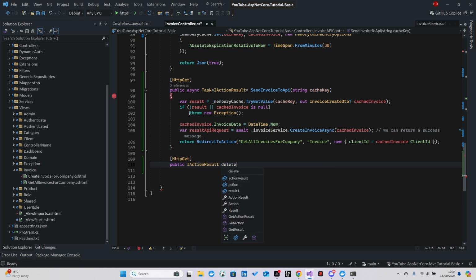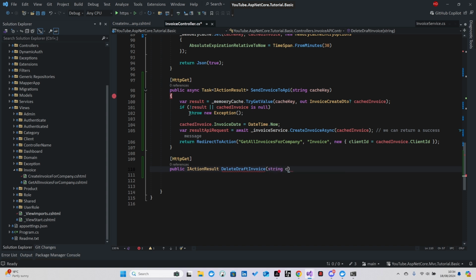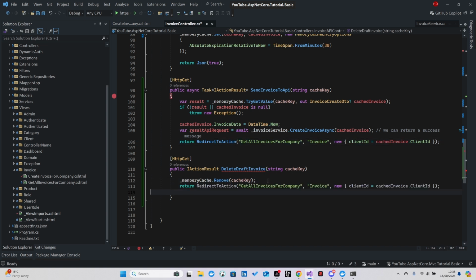Let's say delete draft invoice, and we're going to send a string cache key again. Perfect. Let's call our memory cache, remove cache key. It's done, it's deleted. All we need to do is return redirect to action all invoices, but we need a